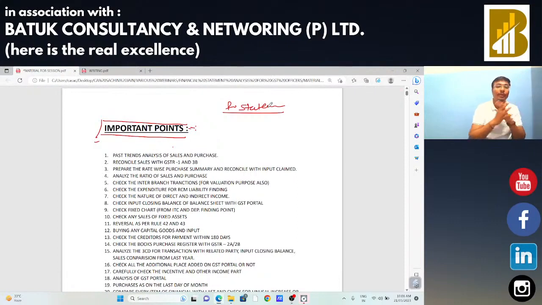What is the buying of that particular entity? What is the ratio of gross profit, net profit? Although as a GST authority, there is no responsibility at my hand that I need to do the analysis of net profit and gross profit, but I need to do the analysis of sales and purchase. So for that purpose, the first and foremost document for doing the audit, GST audit, is your financial statement. And by analyzing the financial statement,